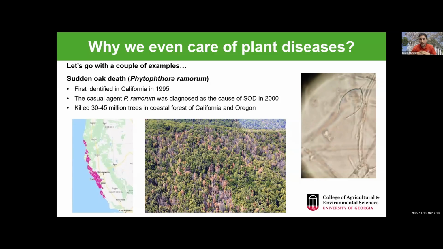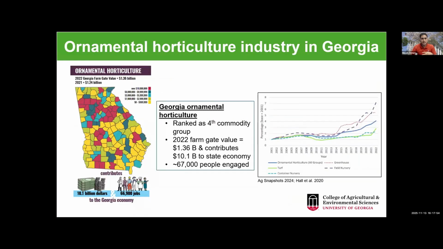As you can see in that cool video on your right, this pathogen had cup-shaped sporangia, which is a fruiting structure of the pathogen, and that's where it was dispersing all these zoospores, which are water molds that need water to swim and cause the infection. So that's how we understand the pathogen and the disease.